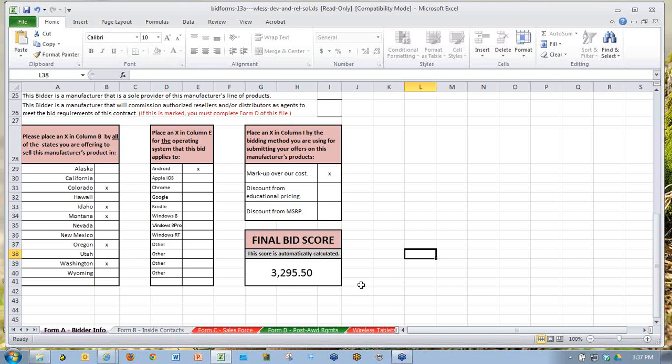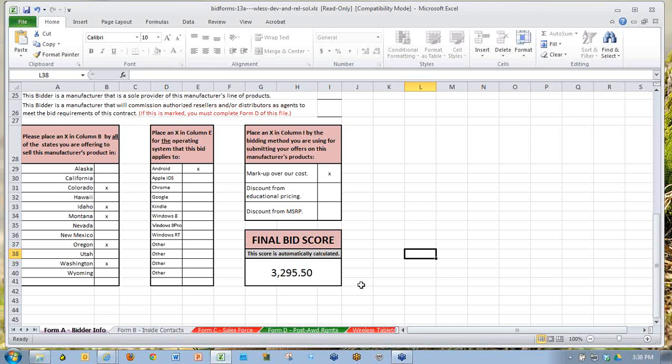But there is one exception, and let me explain that. The lowest bidder for company ABC's wireless mobile devices and their related solutions will be the bidder whose bid results in the lowest total score on Form A to the 100th for a manufacturer's product group. That's defined right there in 2.2.1 on page 18. But going to the next paragraph,